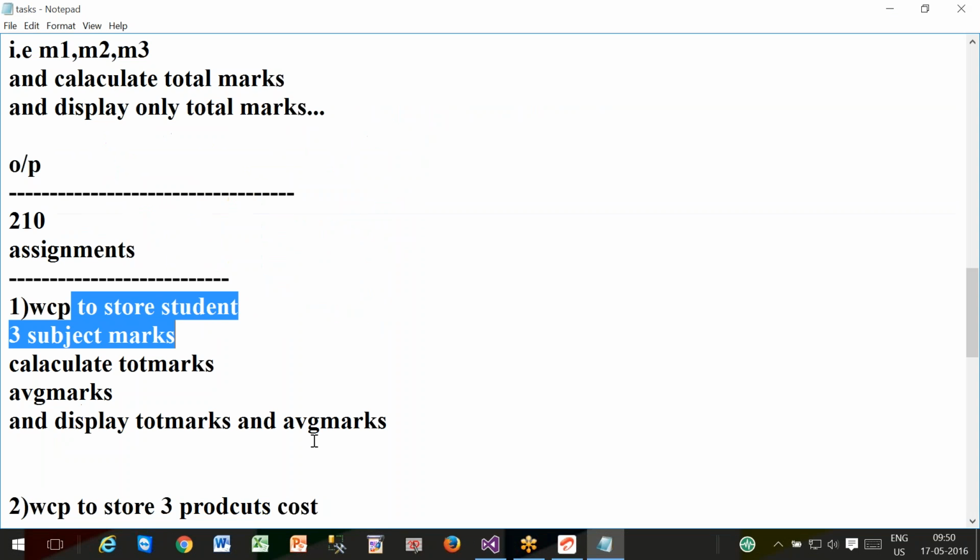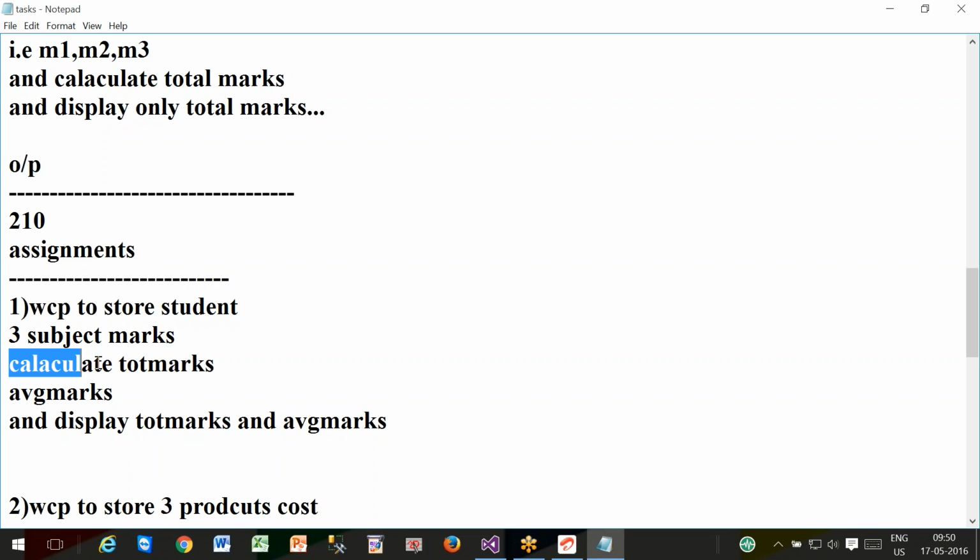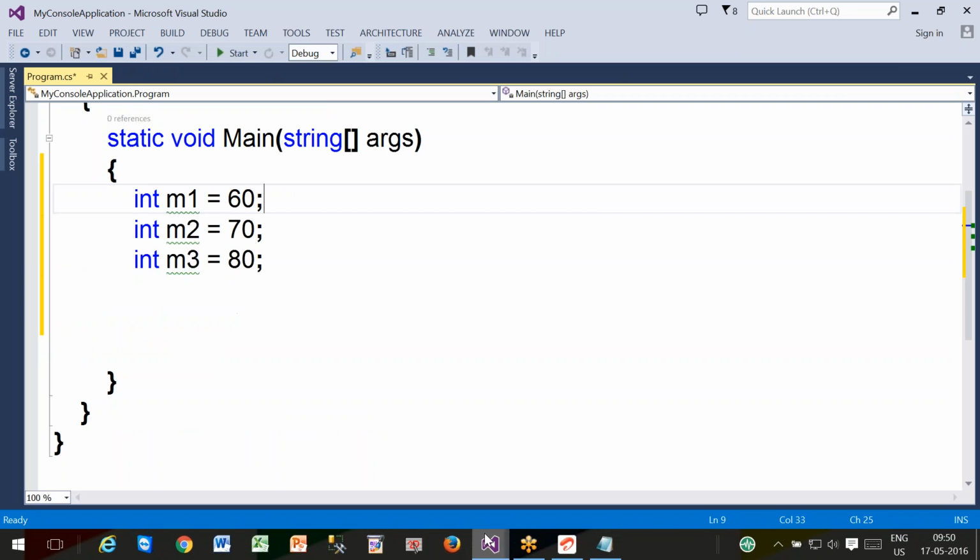Next, our requirement is to calculate total marks. When calculating total marks, you need one more variable, total marks, equal to